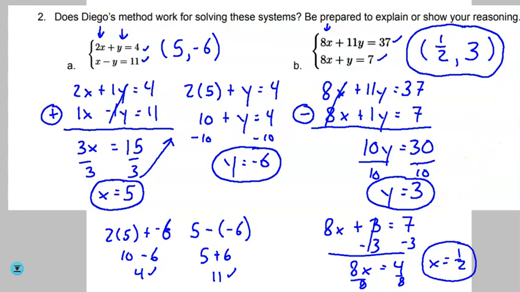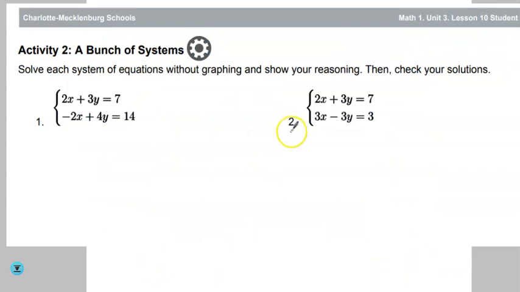All right, so turn the page. Activity 2, solve each without graphing, then check your solution. So 1, 2, 3, and 4, there are 4 of them. Pause and decide, do I want to add or do I want to subtract the two equations to eliminate one of the variables, and then solve from there. And when you're done,